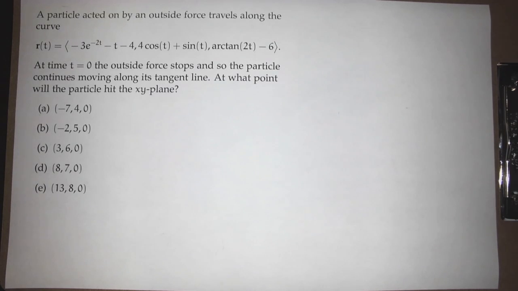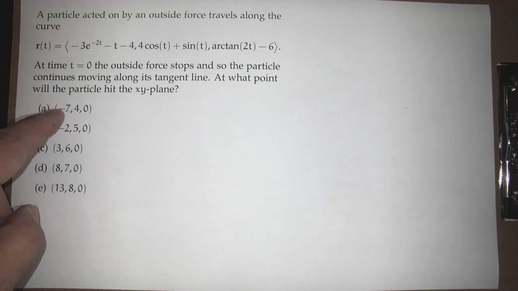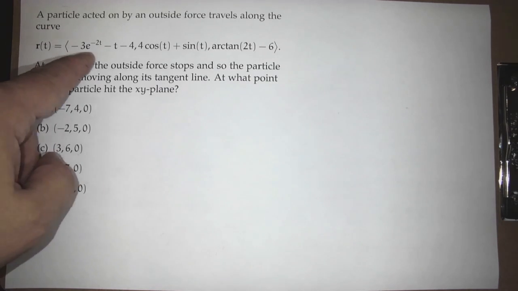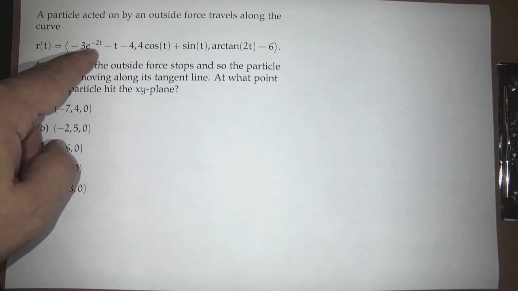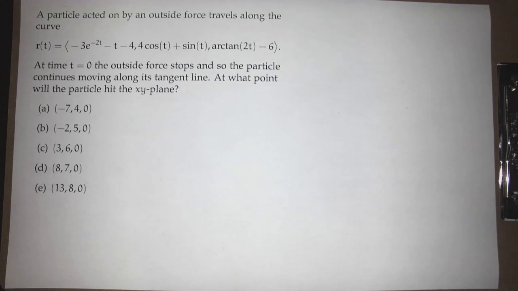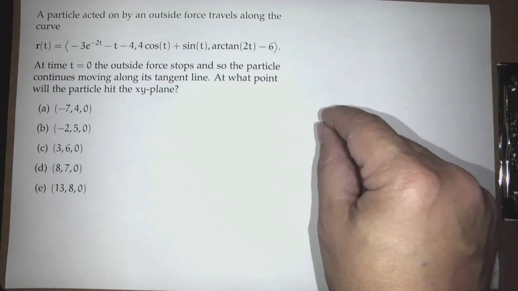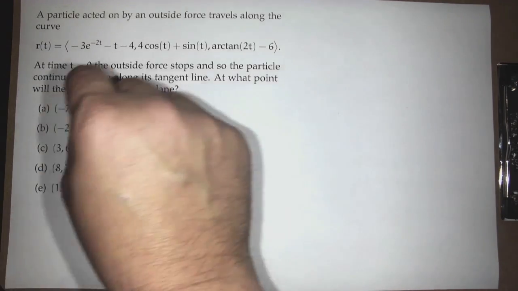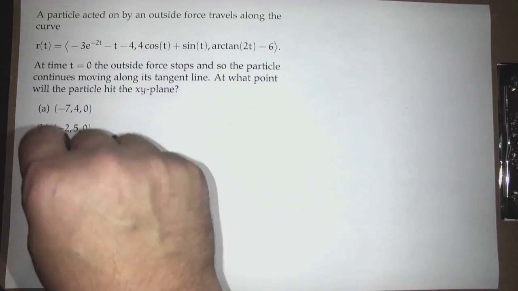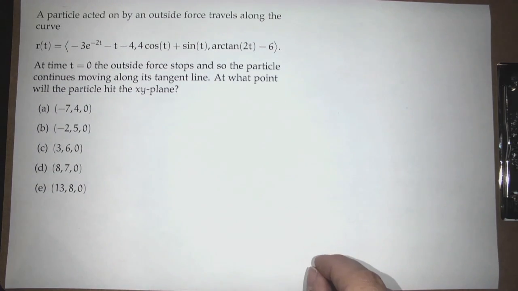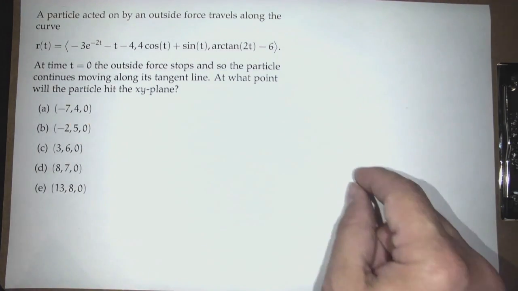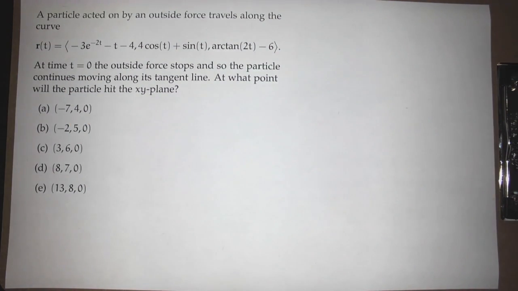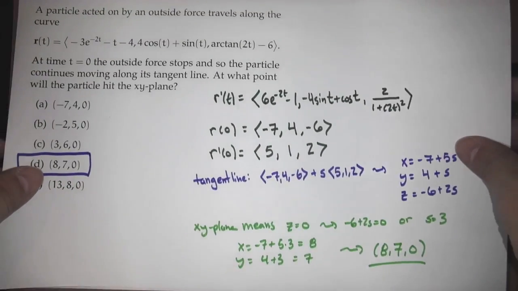Now, A is very tempting, right? Because where would you get these numbers negative 7 and 4? Well, if you just plugged in 0 into r, you get negative 7 and 4 here. And that's if your particle is moving through space and then it stops and just drops straight down. But particles don't tend to drop straight down. What do they do? They go on a straight line, right? Now, it could be that the particle might drop straight down, but probably not. So the answer is D,